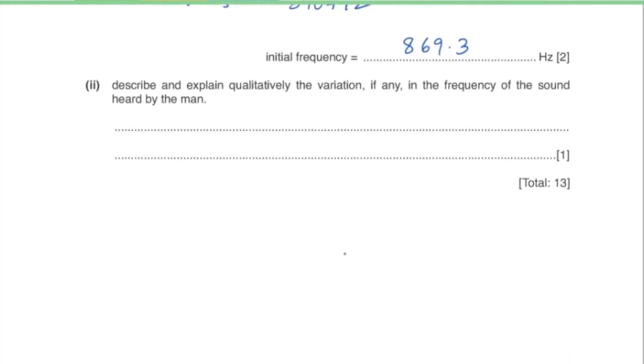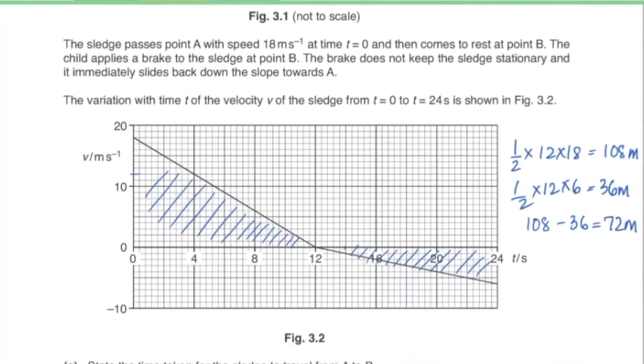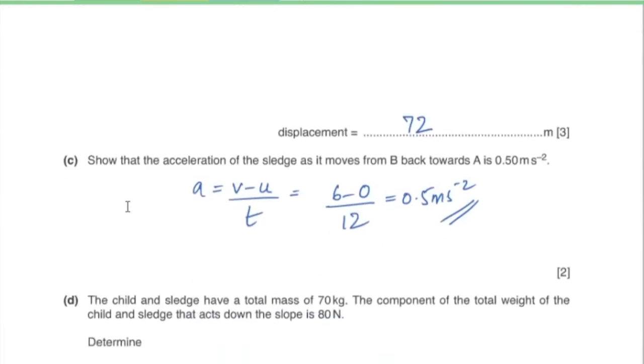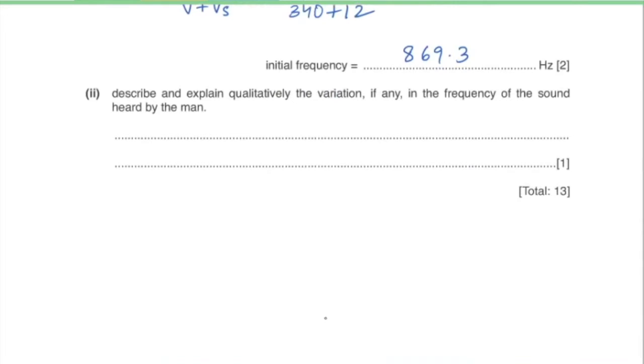Part 2, describe and explain qualitatively the variation, if any, in the frequency of the sound heard by the man. So at time t equals 8 seconds, it can be deduced from figure 3.2 that it has a much lower velocity as compared to that at t equals 4 seconds. At t equals 4 seconds, the velocity with which the sledge moves toward point B is 12 meters per second, and at t equals 8 seconds it is 6 meters per second. So it has decreased by half. So when the velocity decreases by half, the velocity of the source of sound decreases. This will increase the observed frequency. So we can write that